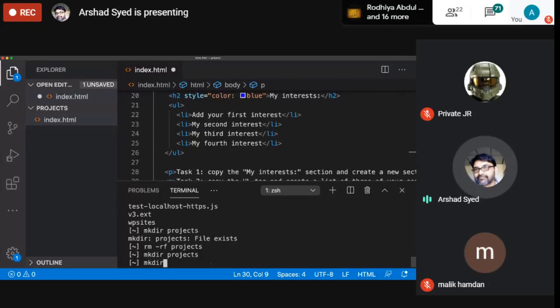And if I try to recreate it, it will not let me create the same directory again. Okay, so sister, you have already created the directory. Now you have to